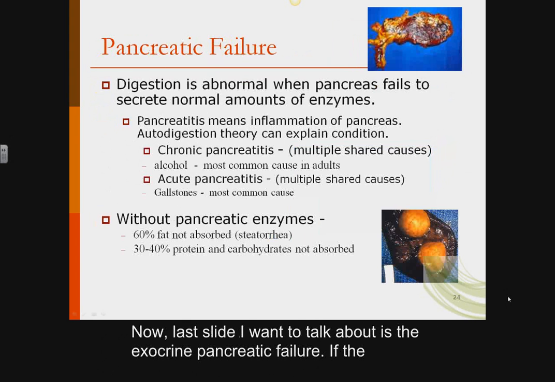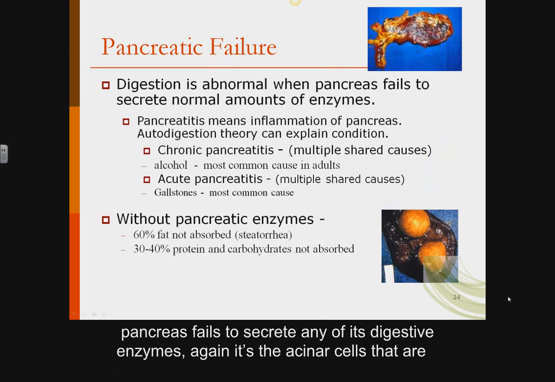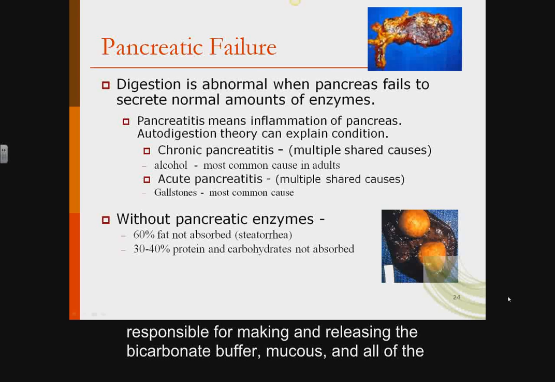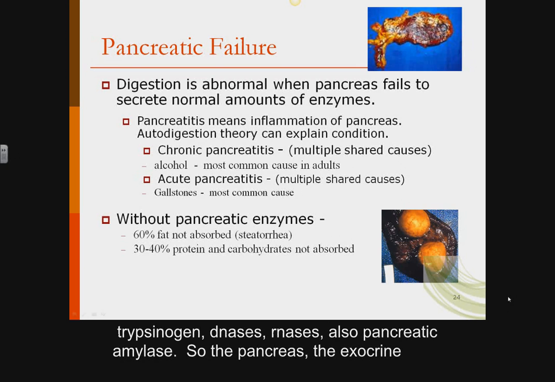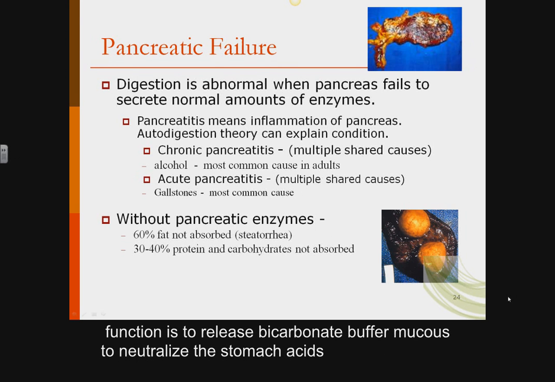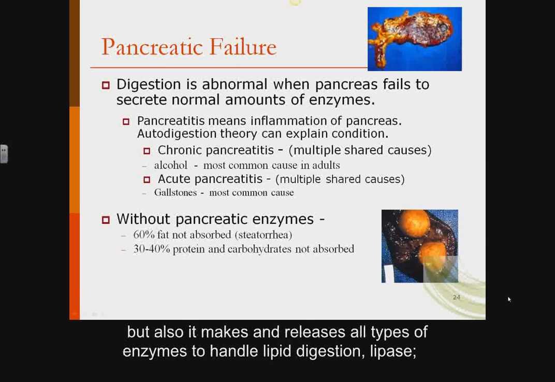Now, the last slide I want to talk about is exocrine pancreatic failure. If the pancreas fails to secrete any of its digestive enzymes, again, it's the acinar cells that are responsible for making and releasing the bicarbonate buffer, mucus, and all the digestive enzymes like procarboxypeptidase, chymotrypsinogen, and trypsinogen, DNases, RNases, and pancreatic amylase. So the pancreas, its exocrine function is to release bicarbonate buffer and mucus to neutralize the stomach acids, but